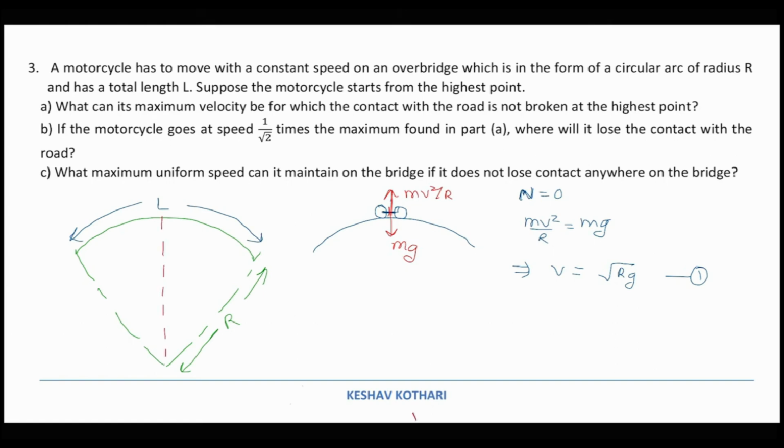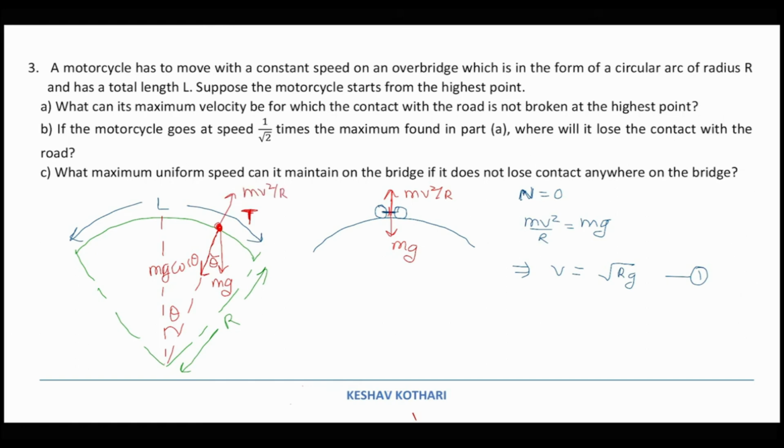suppose somewhere here, which I am referring to as a point T, you can refer to it in any which way, A, B, C, D. So if we consider this, the weight is acting in the downward direction, that is mg, and if this angle is theta, then this angle is also theta, that is alternate angle, and the weight component which will act over here will become mg cos theta. So mg cos theta is balancing mv square by r at this instant, that is at a point T.